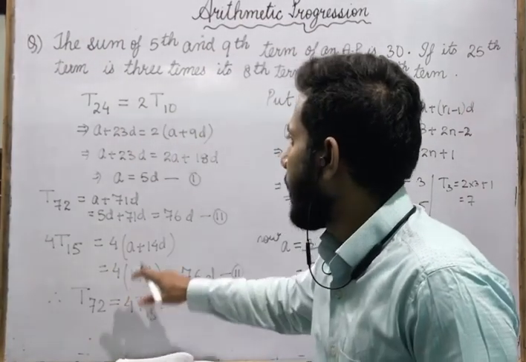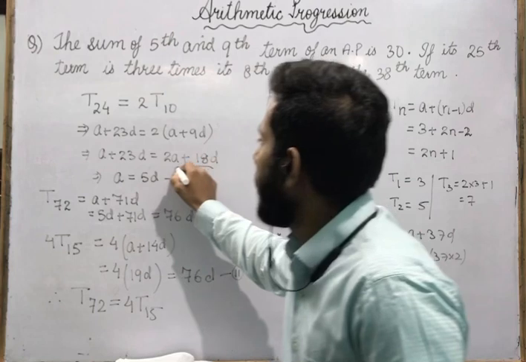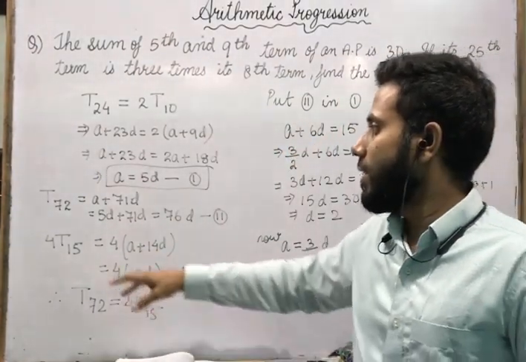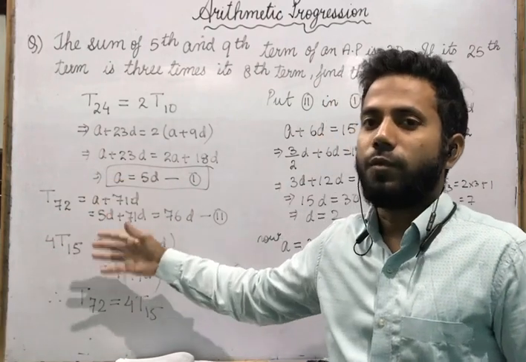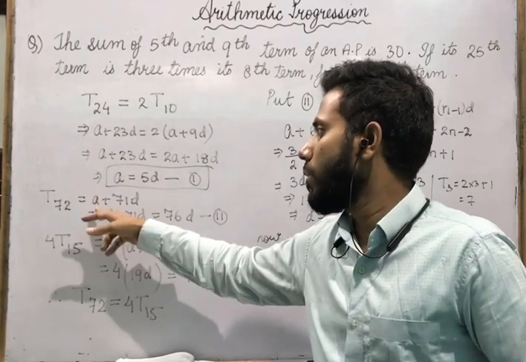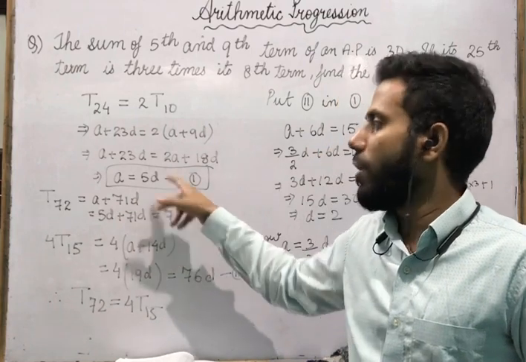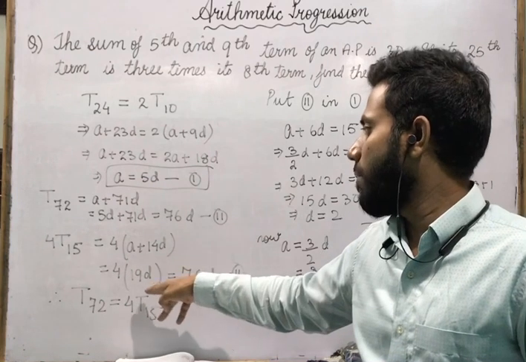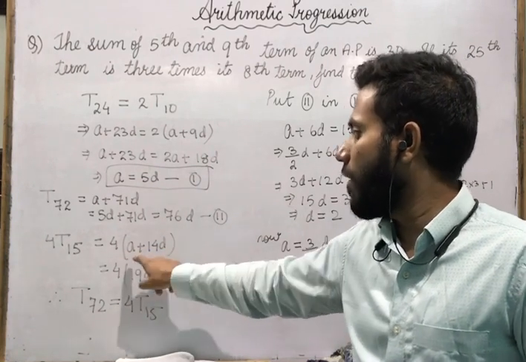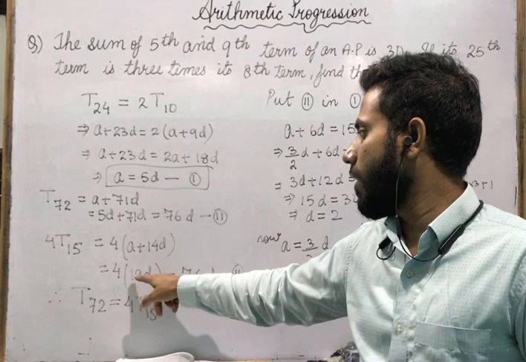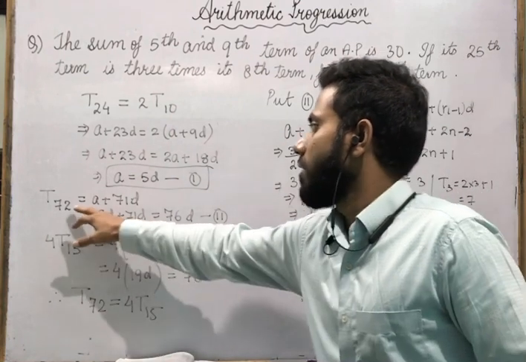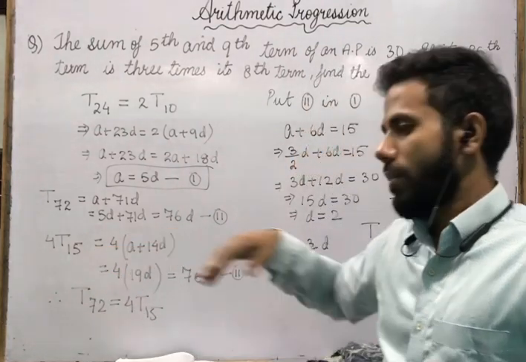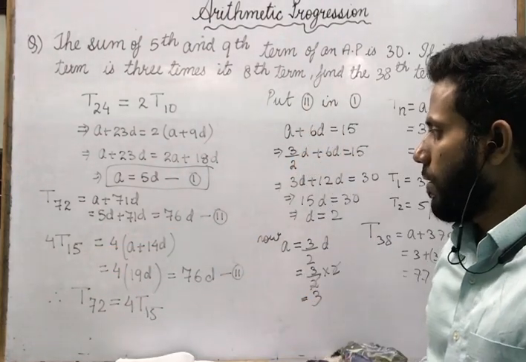इस तरह का कोई भी क्वेश्चन रहेगा, पहला इक्वेशन से तुमको फर्स्ट यू विल गेट अ रिलेशन. And what next is show that the 72nd term is 4 times the 15th term. T72 equals A plus 71D. यहाँ से A का वैल्यू पुट कर दिया, यहाँ 76D आ गया. 4 times 15th term means 4 bracket A plus 14D. A का वैल्यू फिर पुट कर दिया, 5 plus 14 19 हो गया, 19 into 4 76D हो गया. मतलब T72 equals 4 times T15. Yes or no? बन गया, आंसर आ गया.